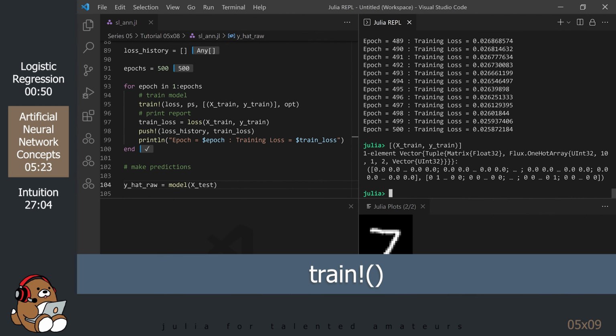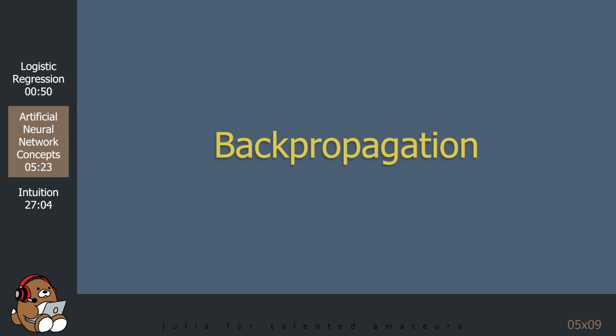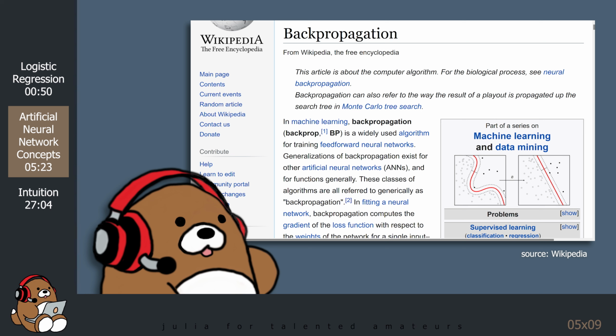This training utility function provided by Flux simplifies an otherwise complex training process. In order to update the parameters, the training process uses something called backpropagation. This backpropagation process is completely invisible to the user, so knowledge of it is not required to use the Flux.jl package. I understand the basic concept behind backpropagation, but to be honest, I don't understand all of the math, so I haven't been able to reconstruct it manually on my own.